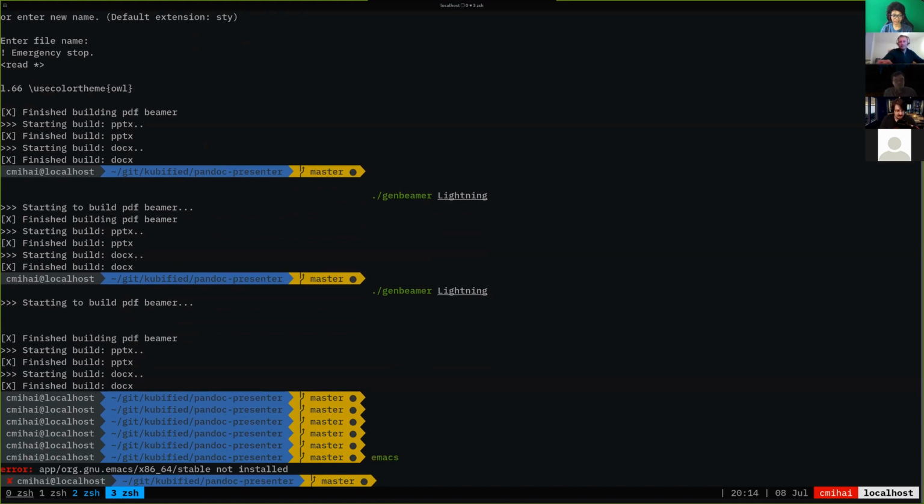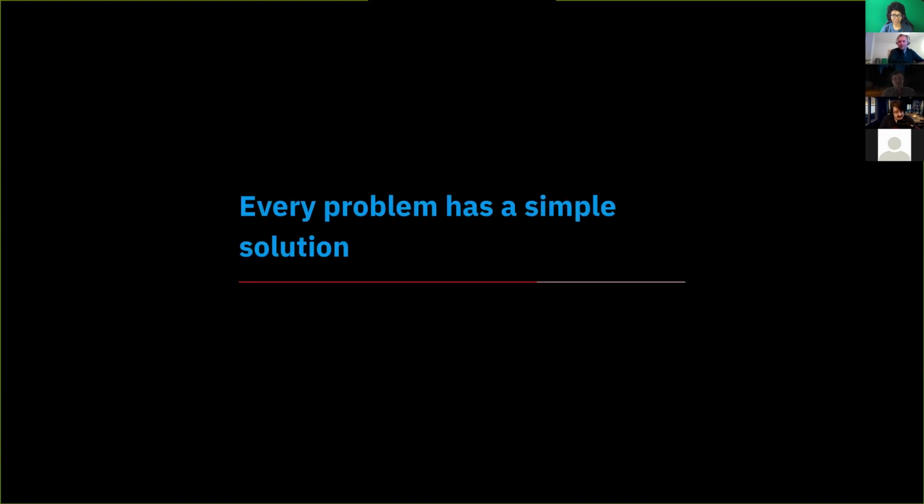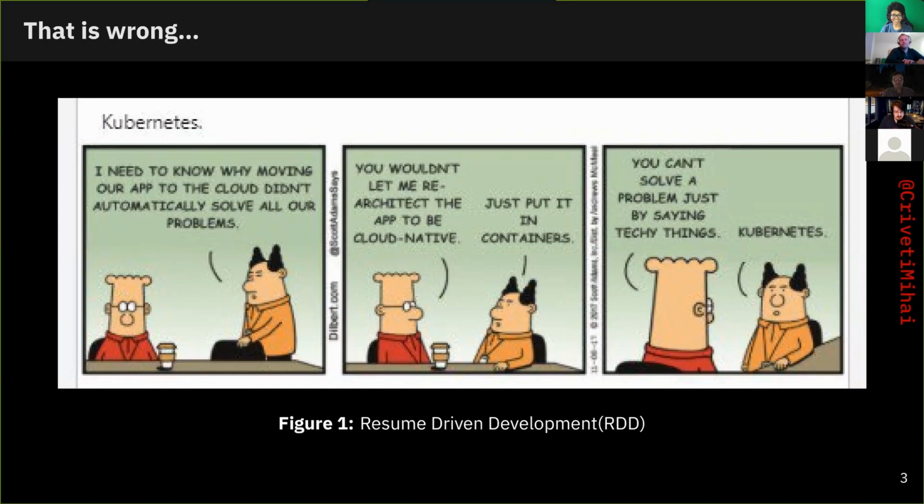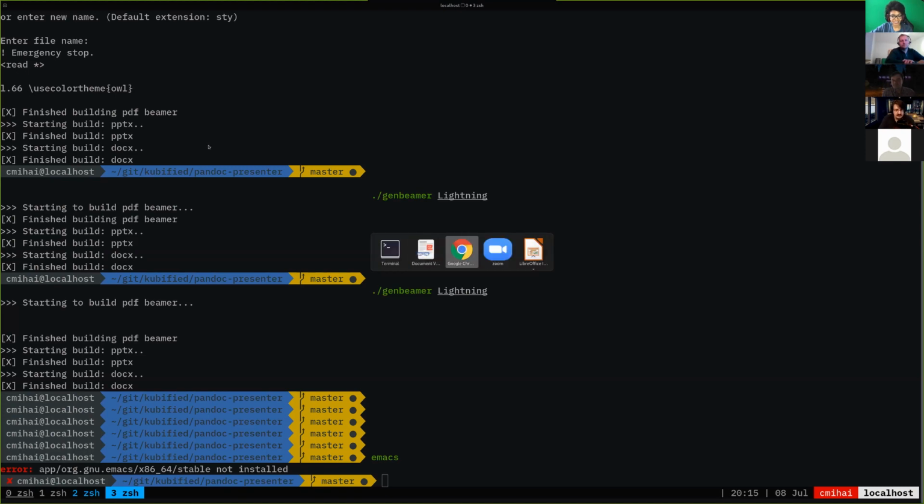Oops, I don't have Emacs installed. What do I do? Well, every problem has a solution, a simple solution, and usually it's a wrong solution. So let's try to implement a wrong solution of RDD, or resume-driven development. So just to observe this thing, every problem can be answered by Kubernetes. So I'm going to show you now how the fact that I don't have an editor installed can be solved